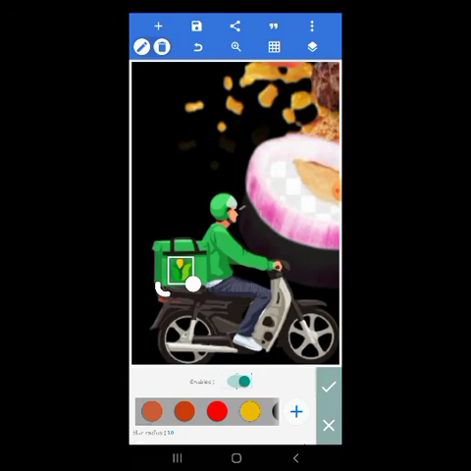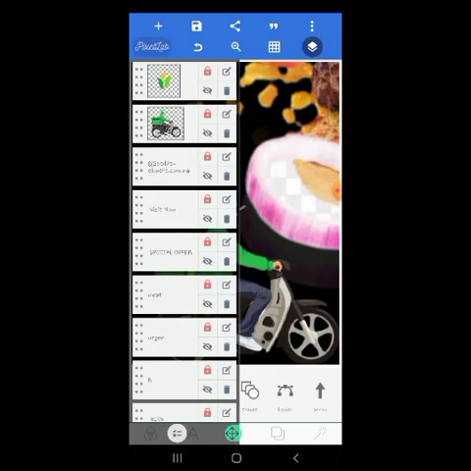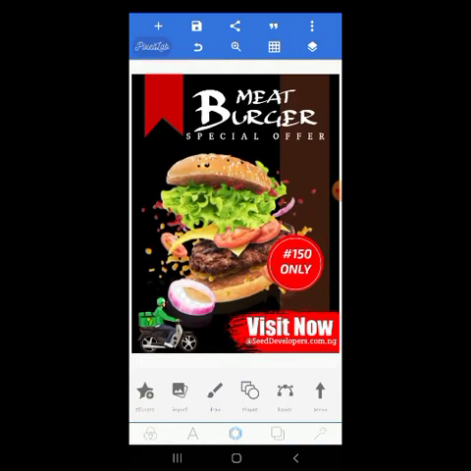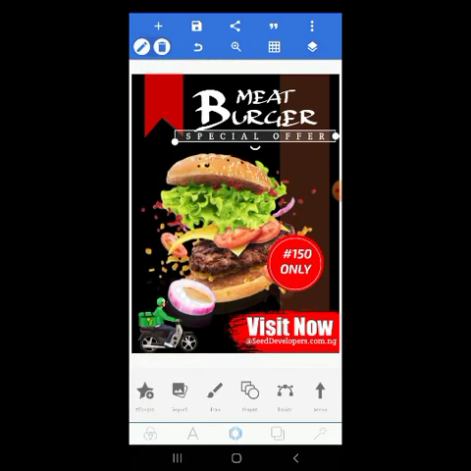Okay. Good one. And we lock. Okay, you can see we have it there. So let's just use this special offer again. We are making use of this special offer again. Just click on copy,